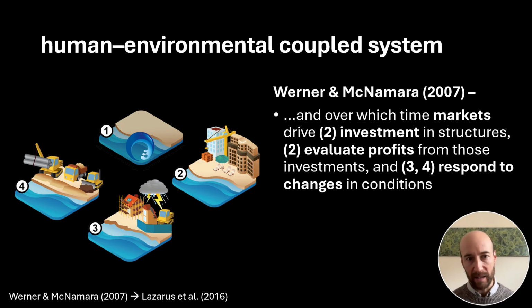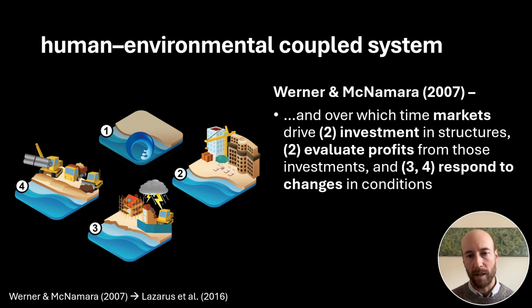I've broken it up a little bit here, but the paper, the references are all at the end of this talk. That is, to me, the most complete definition of what a human environmental coupled system involves. And so in the examples that I'll show in a short bit, you can get at certain aspects of this large description. Some of them are long time scales. Some of them you can get down to fairly short time scales. But this fundamentally is what is going on in a human coastal coupled system.